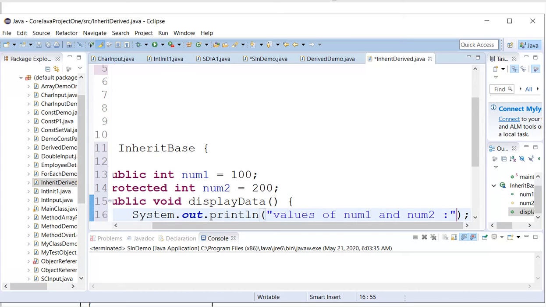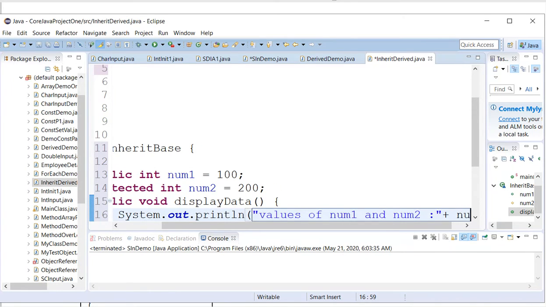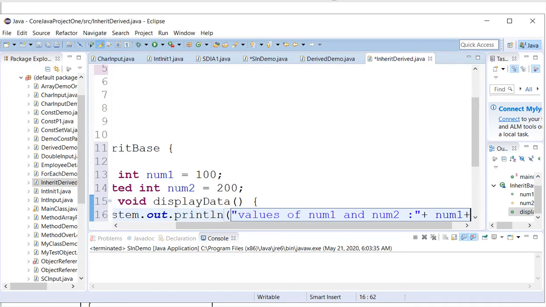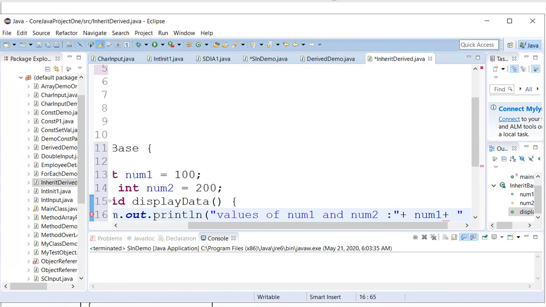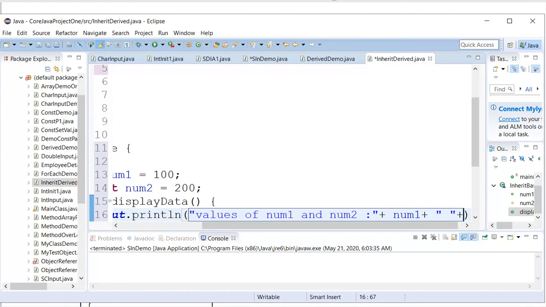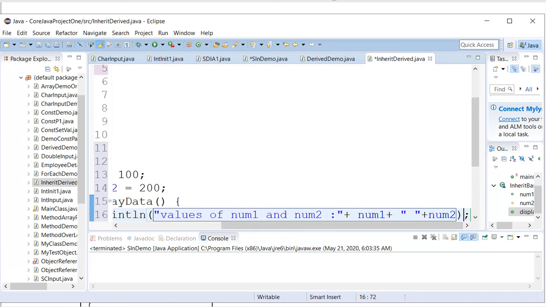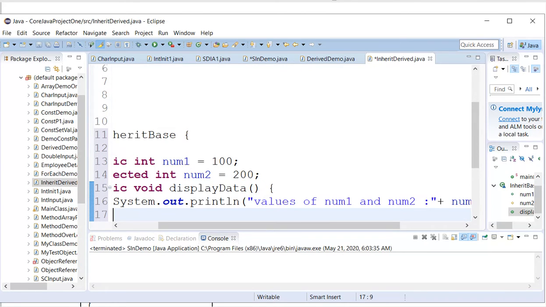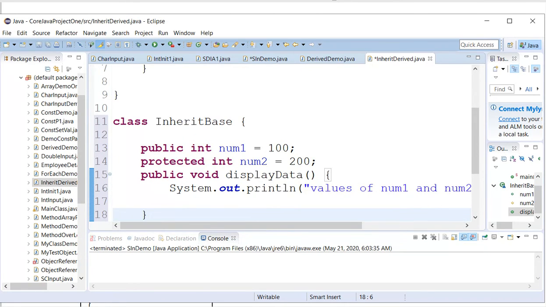So, how can we print? Just we need to print number 1. I will just keep a space, and number 2. That is it. Now, the job of this method is done, and this method is public void. So, it is public member which is of no return type.